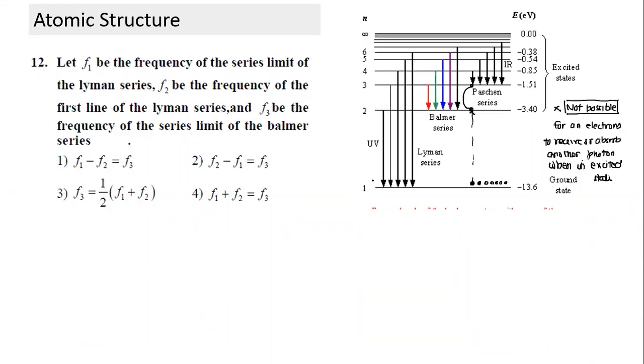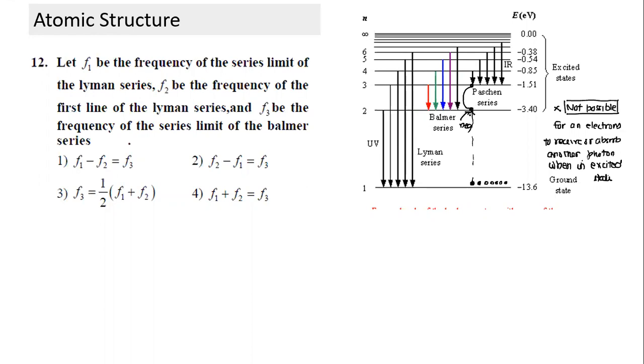Anyone? From the second state to the first state, it takes a very small amount of time. That's the right answer. It remains for negligible time in this state. How long does it remain in the excited state? Unless it is artificially kept in the excited state. So unless the question says that through some artificial means we maintain them in the excited state, we'll assume that in the normal course, as soon as it gets excited, it comes back within not even a nanosecond, much less than that. So immediately it comes back, and within that negligible time duration in the excited state, the possibility of receiving another photon is taken as 0.